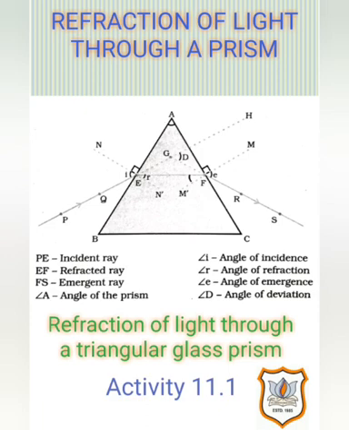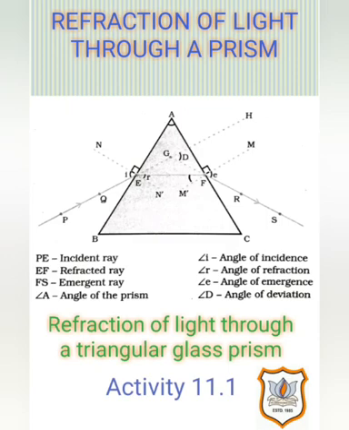Now draw perpendiculars to the refracting surfaces AB and AC of the prism at points E and F respectively. Mark the angle of incidence, angle I, the angle of refraction, angle R, and the angle of emergence, angle E, according to the diagram. Compare the angle of incidence and the angle of refraction at each refracting surface of the prism. Bending of rays PE, EF and FS is similar to the kind of bending that occurs in a glass slab.